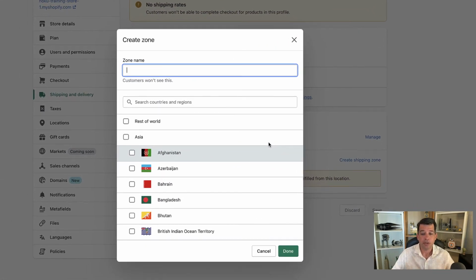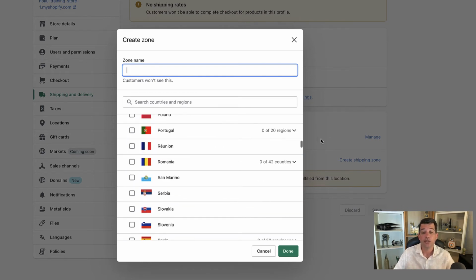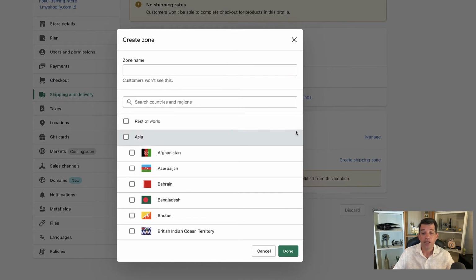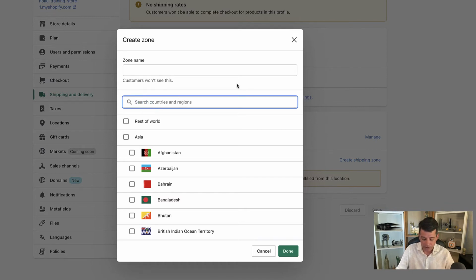When we click the create shipping zone button, it's going to provide us with this list of every country in the world that you can possibly ship to, and you can select them and you can set those up as shipping zones to ship to. For this video, we're going to stick with just the domestic and we'll look at one international country. We're not going to get too complex. So let's focus on the United States by itself. Now we could come here and create a zone name called United States, but let's take a closer look at what's included with the United States first.